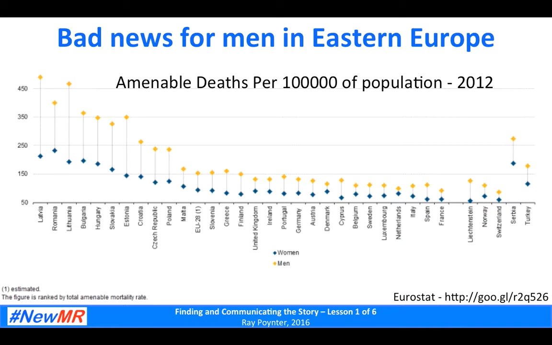Another story would be that the Eastern European countries, Poland, Czech Republic, Croatia through to Latvia, have much higher levels. So if we were looking at a European health level, we might say, well, how are we going to tackle those higher levels of amenable deaths? And if we were in those countries, we might very well be saying, look at the shocking disparity between men and women in Estonia, Slovakia, Hungary, through to Latvia. More than twice as likely to die of things that needn't have killed them.